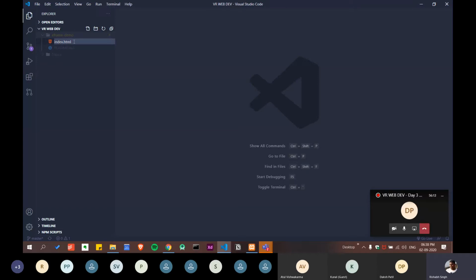Any developer you ask will always name the first page of the website index, and it has a reason: all the servers are programmed to recognize this particular file. So in every single project, anyone who wants to start with web development should always remember this. Always name your files index. This is a very important thing.